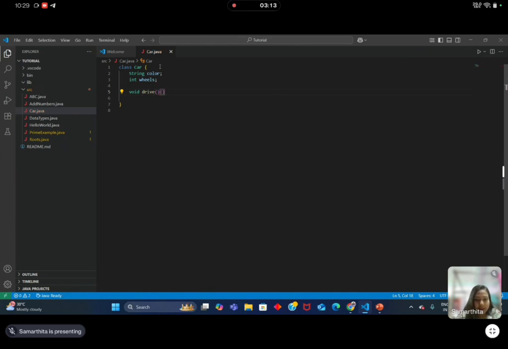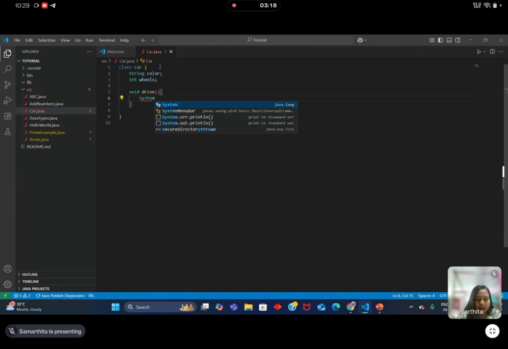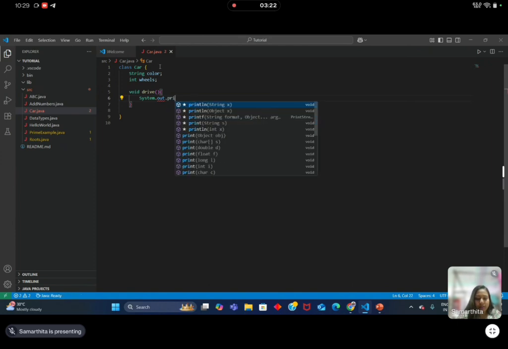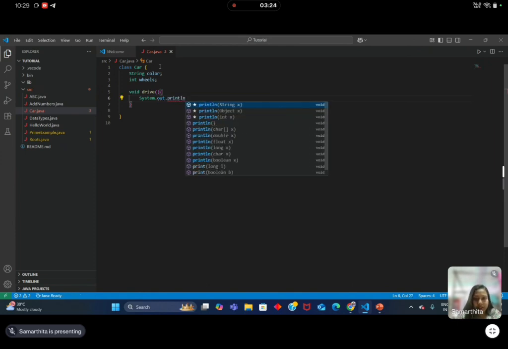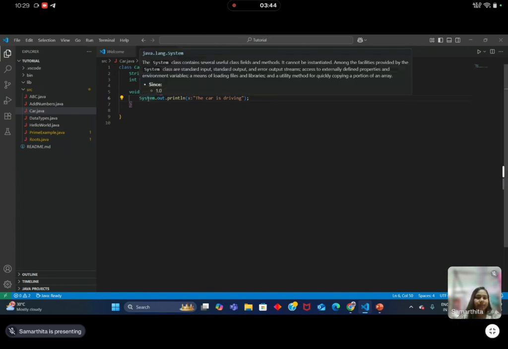Then I want to print with System.out.println the statement: the car is driving. See, here it looks like this. So this is the Car class I have created.